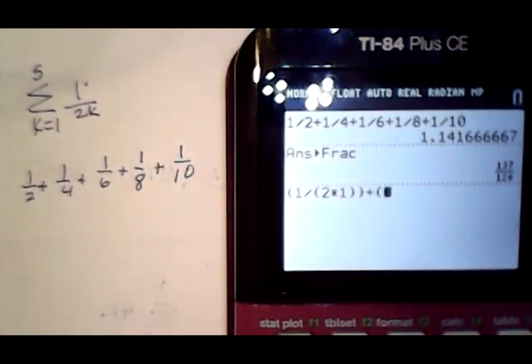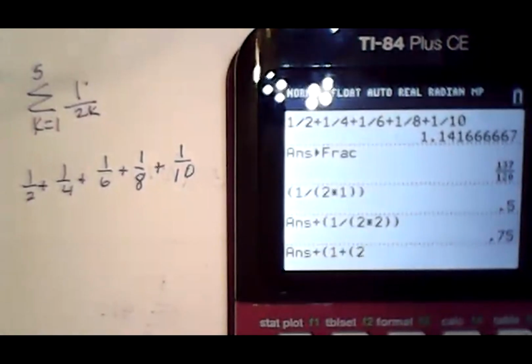Then I plus, and I might have pressed enter. And then I did plus, and same thing except with 2. And then you'd press enter again? Yep. And see, that gets you